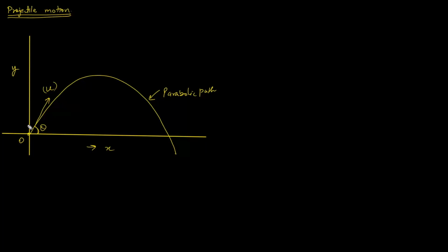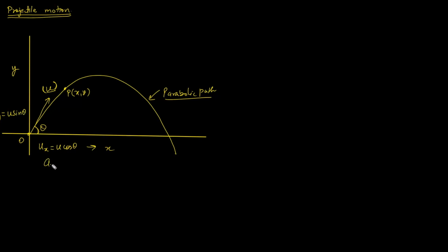Right. So when an object is thrown with initial velocity u making an angle theta with the horizontal, it follows a parabolic path. This particle is known as projectile and the motion of the particle is known as projectile motion. Now our first target is to prove that this is a parabolic path. It means we have to derive the equation of this path. So first of all, we'll take the components of u. Along x-axis, the component will be u cos theta. Along y-axis, the component will be u sin theta.